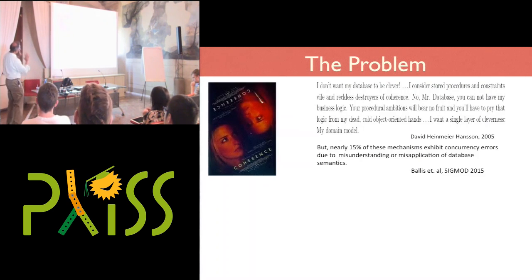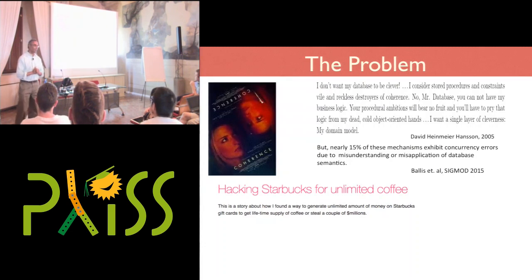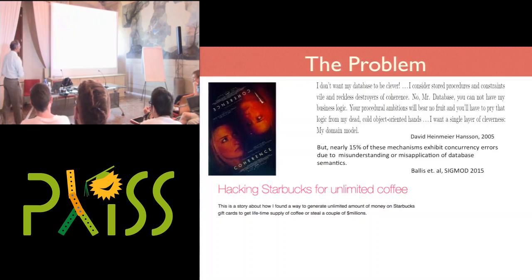Anyway, so the lack of coherence, which makes this problem hard to begin with, and the fact that there are lots and lots of layers in a typical, realistic real-world application that involves data, make for complications. And you see news stories that talk about it. So here's a humorous one where somebody figured out that there were timing issues in the way Starbucks implements its cloud services, where they could essentially continually replenish their gift cards online to get an arbitrary amount of Starbucks coffee. Why you'd want to do that, it's not clear, but you could, right? The algorithm is online.